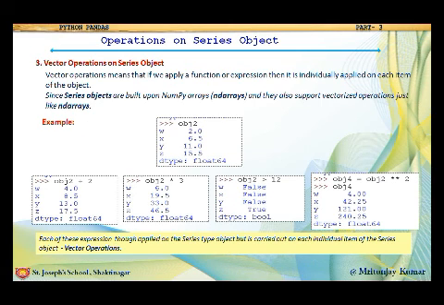Now, the vector operation on series objects. What is a vector operation? This vector operation we have learned in NumPy arrays also. Vector operation means that if we apply a function or an expression, it is individually applied on each item of the object. Since series objects are built on NumPy arrays or ndarrays, they also support vectorized operations just like ndarrays. So we can see here